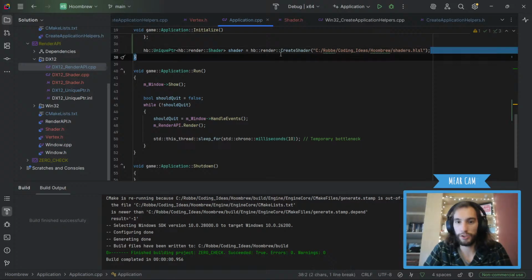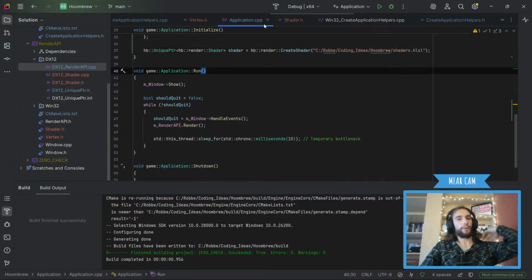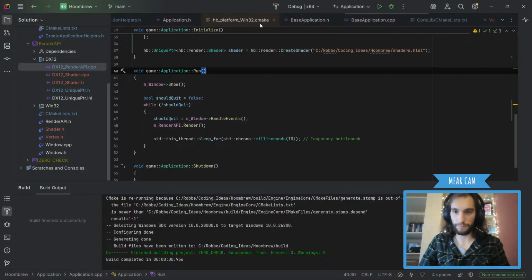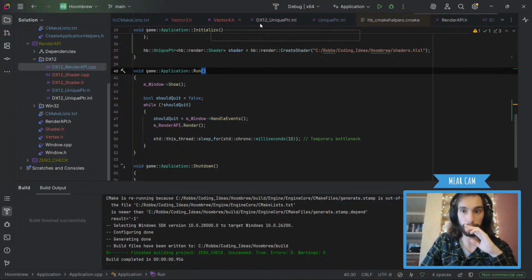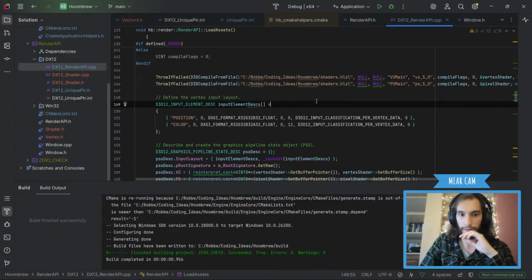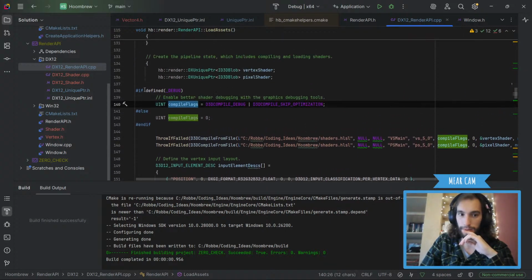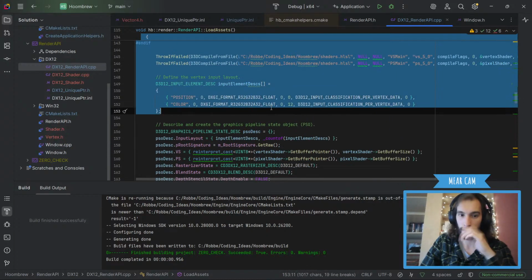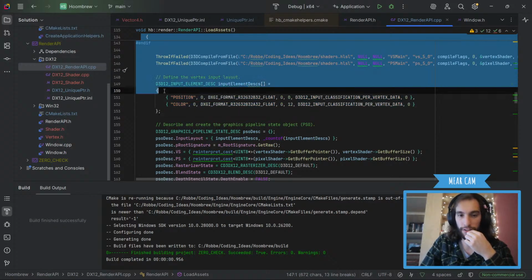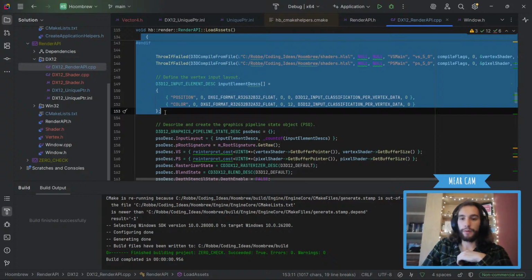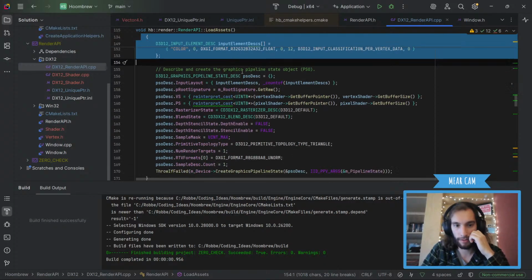We put a shader in there, and now we need to write the load function. How does the load function work? I don't remember. We need this. And what do? We put compile flags in there, apparently. So we need to do this. This is compiling the shader. And also, that's what we need from the shader.